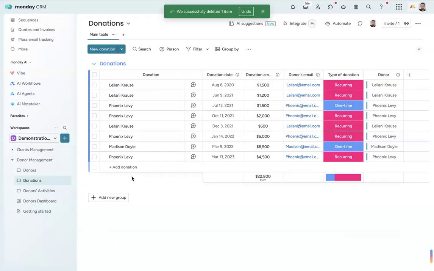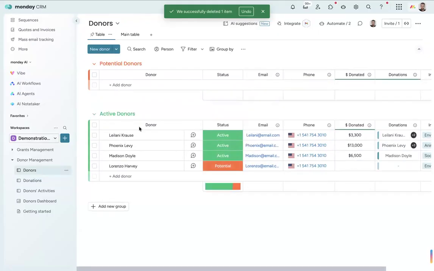I'm trying to think of the best way to answer this question without getting too far ahead of ourselves, because basically the answer is in that column. Exactly what we did there is making the connection, where we connected the donation of Lorenzo to the donor of Lorenzo. That made the connection. But I think it's going to be easier, honestly, if we do it step by step.